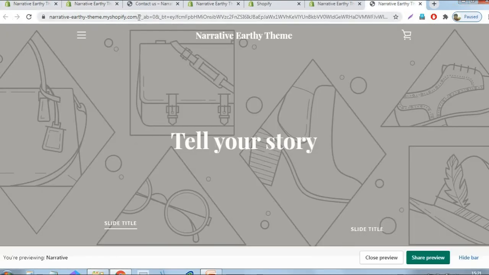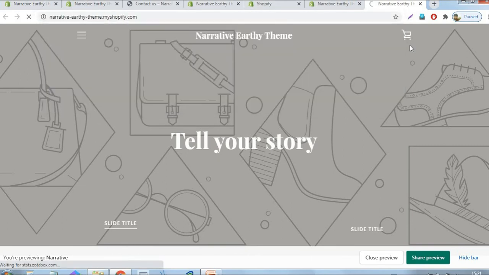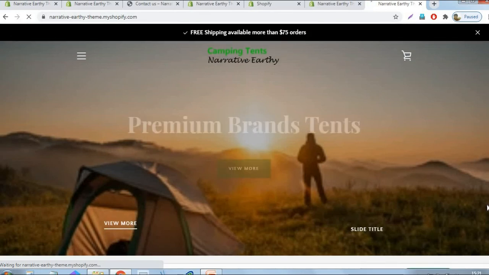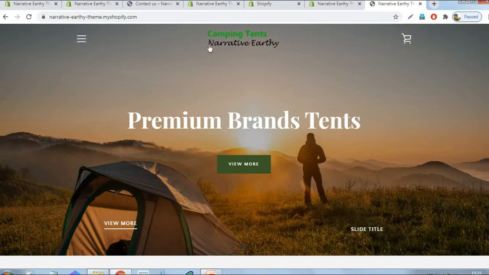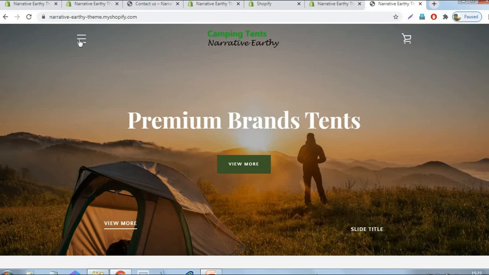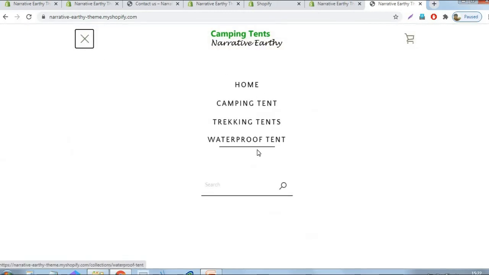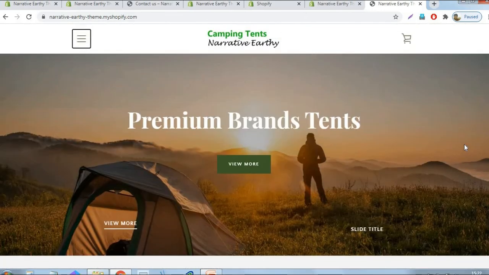Okay, we will just check the recent updates. The top bar, you can close if you don't like that. Here this is a logo. Actually green color is not matching, but yeah, it depends upon the banner. Okay, then menu showing here. Here is a search, by default. Okay, let me go to the next sections.